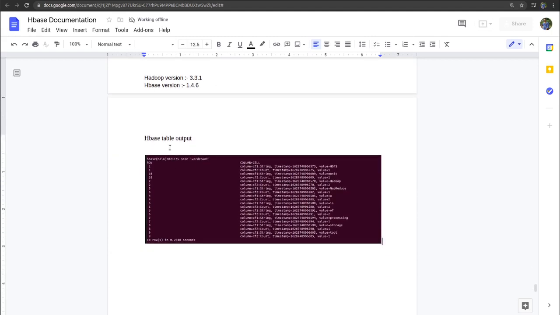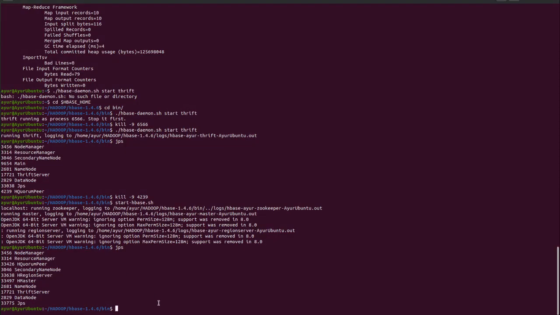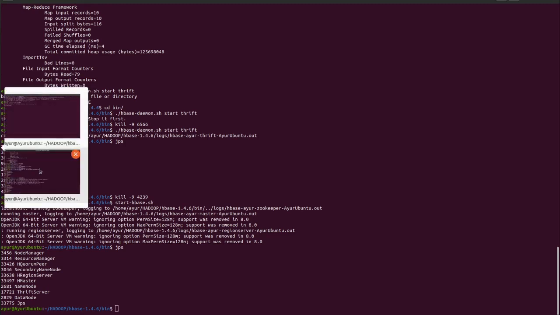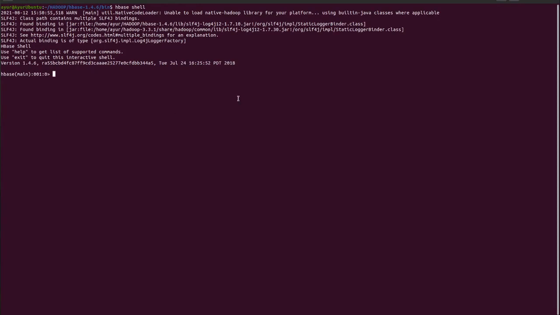And after running this program, this table will be created in HBase, and all the data present in the file will be stored over here. So I'll just show you that data. In the HBase shell, I am going to scan that table.